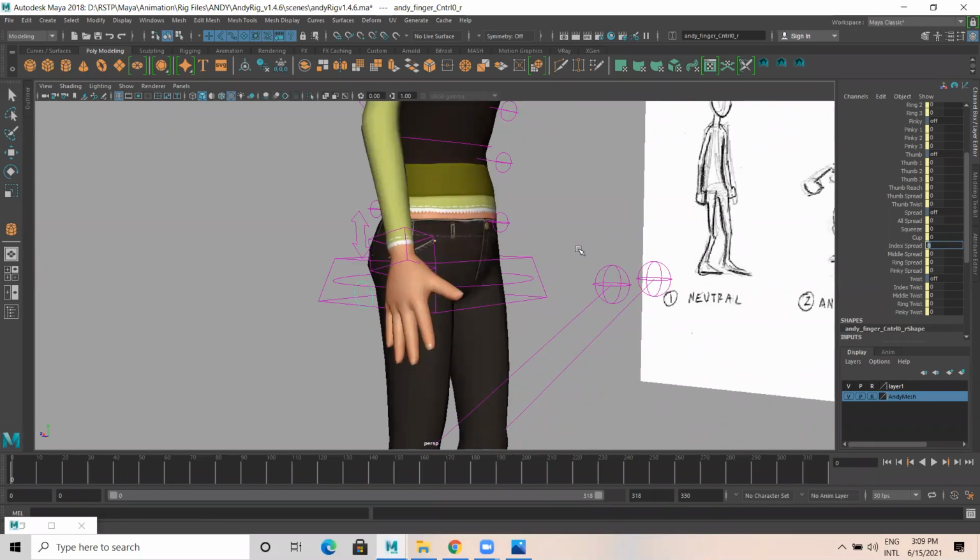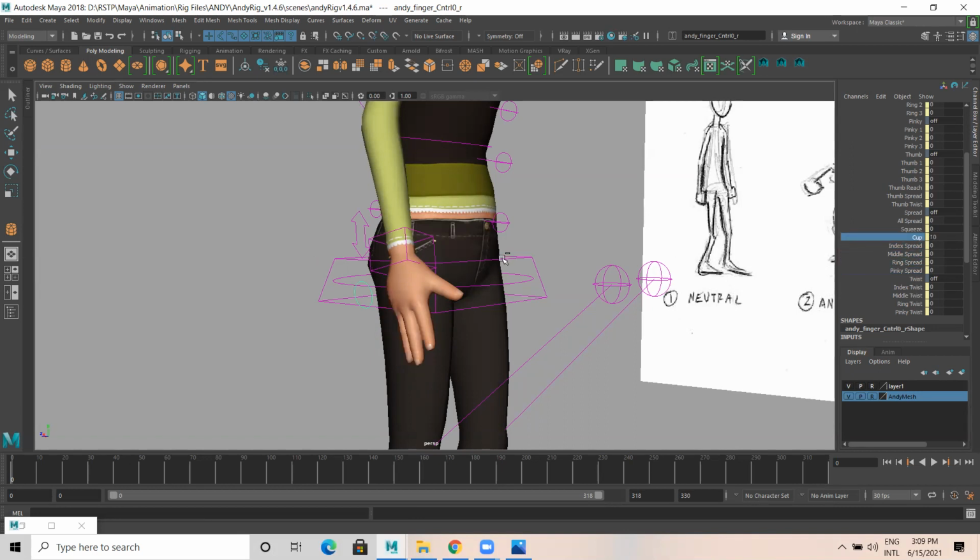Change this. You can select this with the middle click.